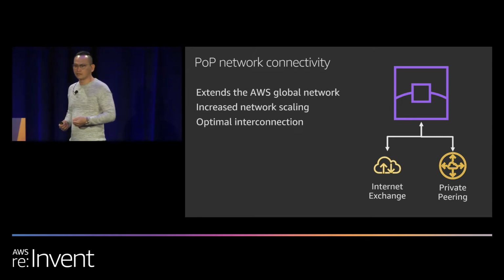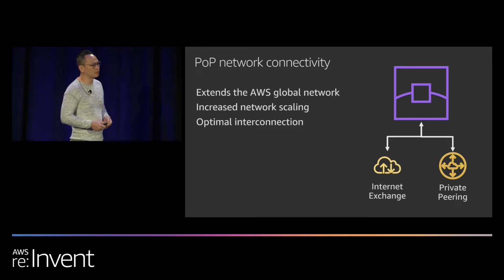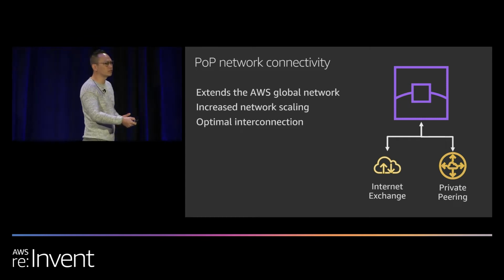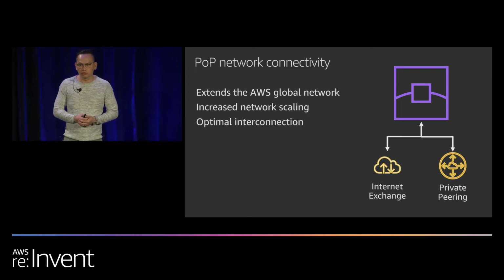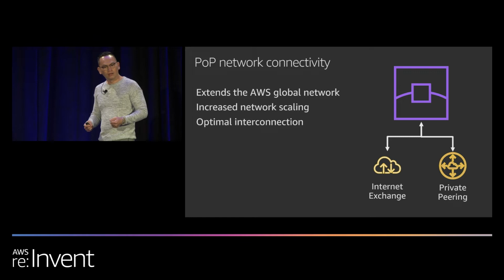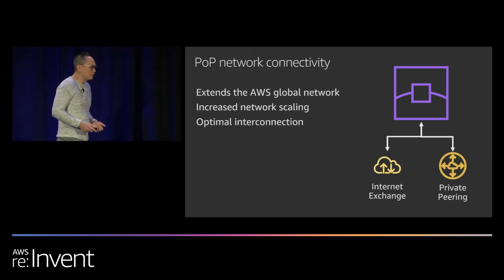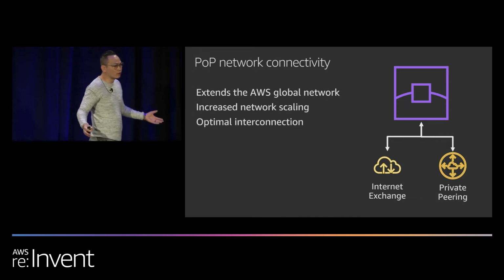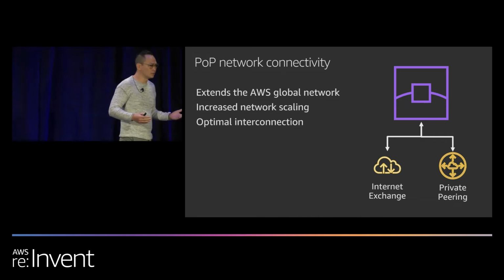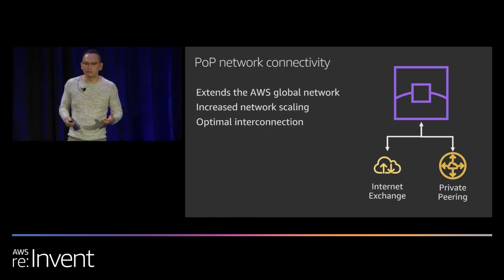Within the same facilities, there are also things called internet exchanges, where providers offer network switches that you can plug into and quickly access a large number of networks. We actually leverage both. We'll start with the internet exchanges, and as we learn more about the capacity and scale that we need, we'll peer with those networks directly. In doing so, this helps us scale our network connectivity for AWS and Amazon as a whole, and CloudFront in particular benefits from all of this network connectivity, right?